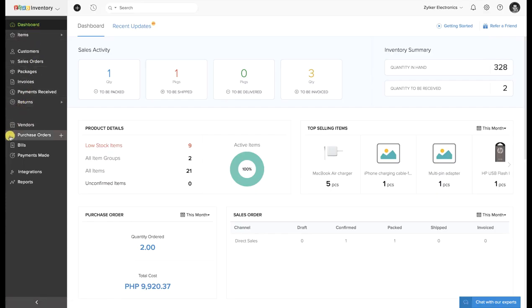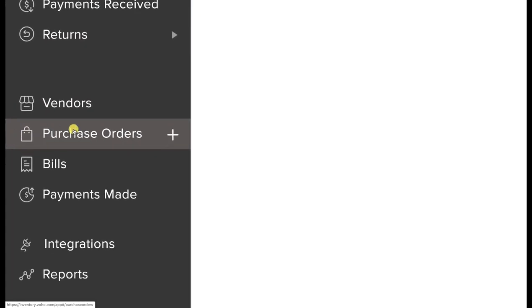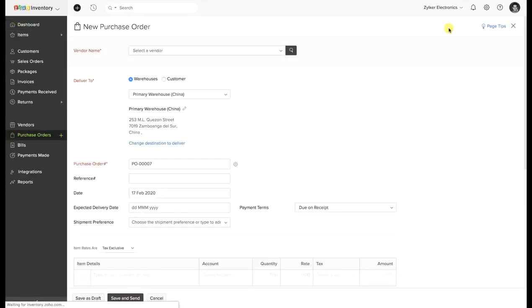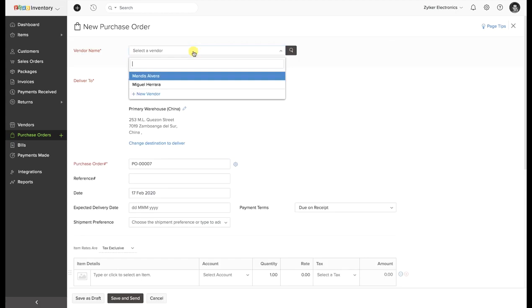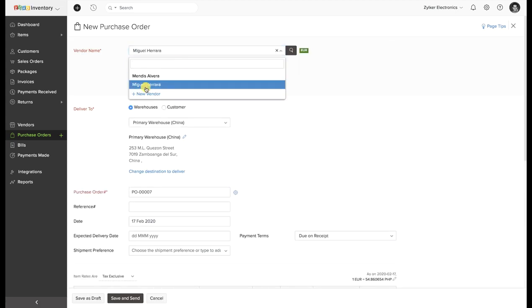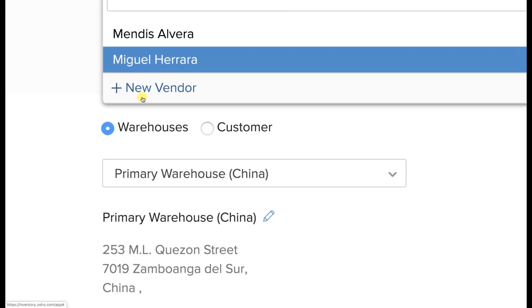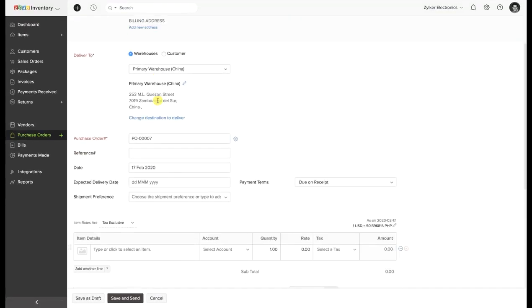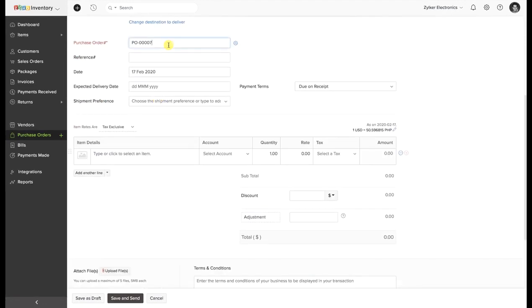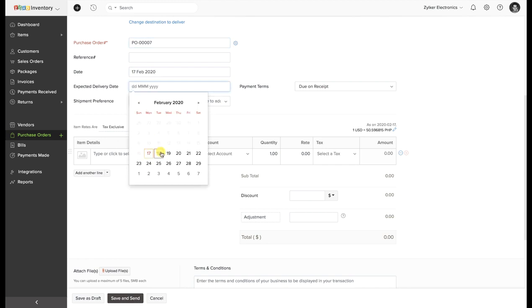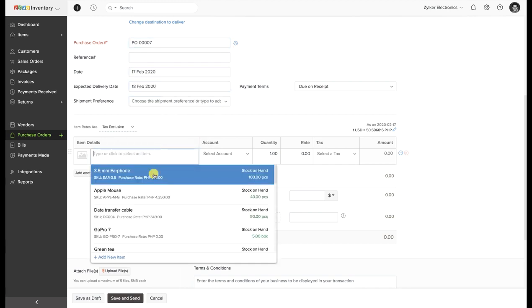Creating a purchase order is much simpler. All you will need to do is click on the quick create icon or the plus new icon that is placed on top. Under the vendor name drop-down field, choose the desired vendor from the listing created already, or add a new vendor on the go by clicking on the plus new vendor option. Fill out the other details like purchase order number, expected delivery date, followed by the items and their corresponding quantity